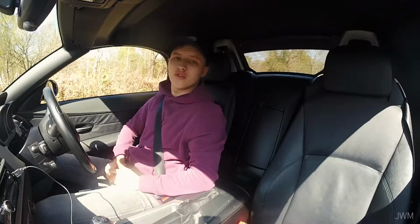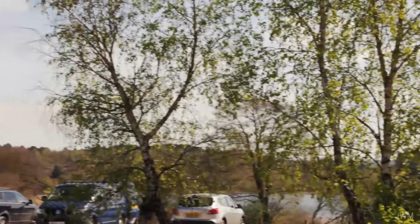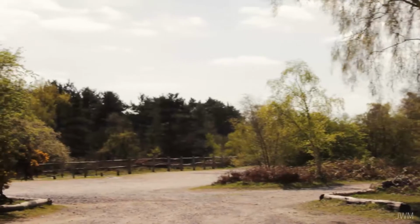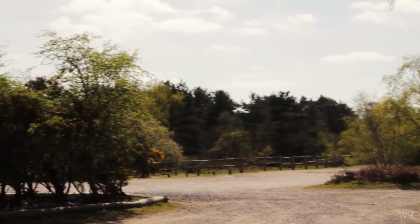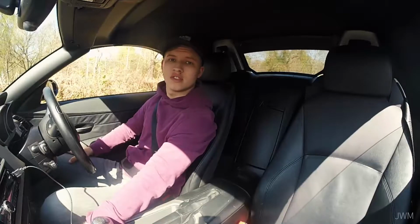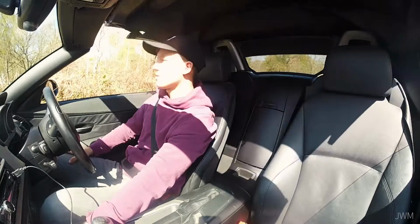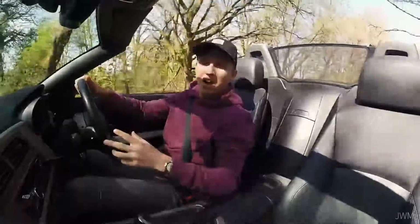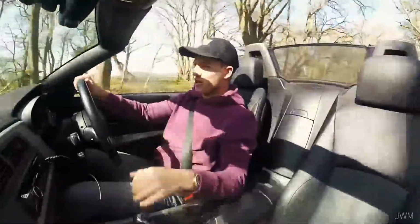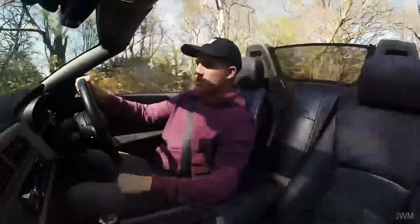So you've driven your nice BMW Z4 to the beach or your favourite place to walk your dog, and you're thinking, well, for under £5,000 I could have got a 330ci or even an E86 M3 if it's really doggy. But what you can't do in those is put the roof down. And this is when you really know you've made the right choice, when the roof's down and the car is in its element, doing what it's meant to do, which is being driven